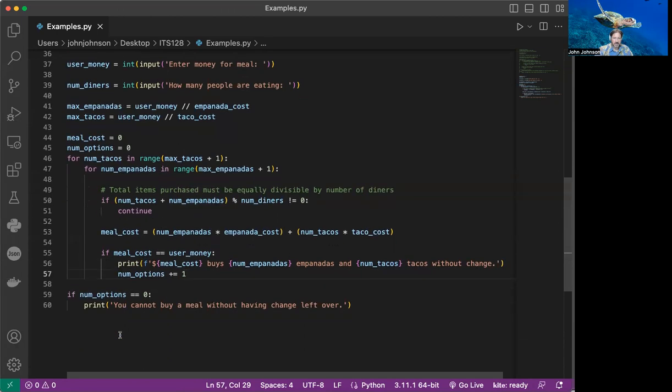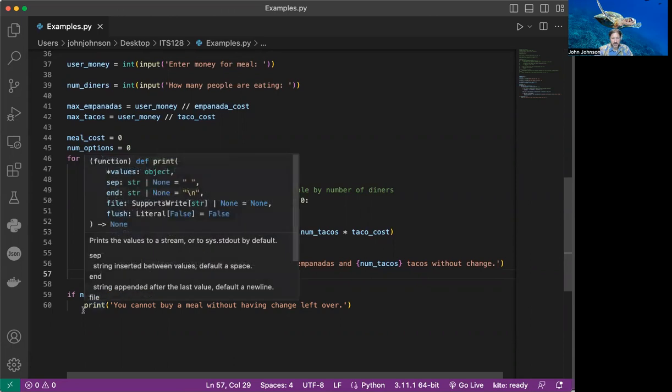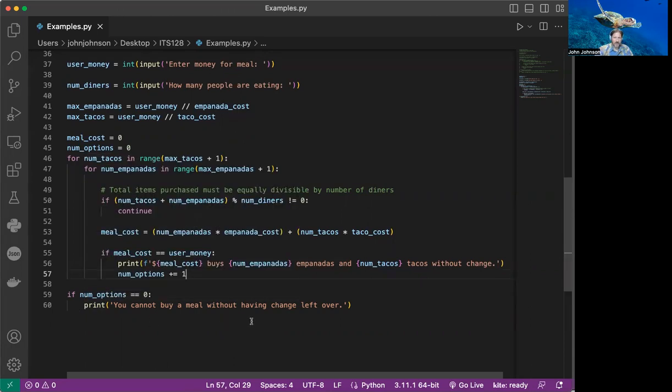And then you'll come down here at the end of it, and you'll say, is number of options equal to 0? And if it is, it's going to say you cannot buy a meal without having change left over. So you could also put an else here and say, else, you have plenty of options, or you have number options, because you've counted the number of options. You can have it say you have 5 or whatever that number is. So that's